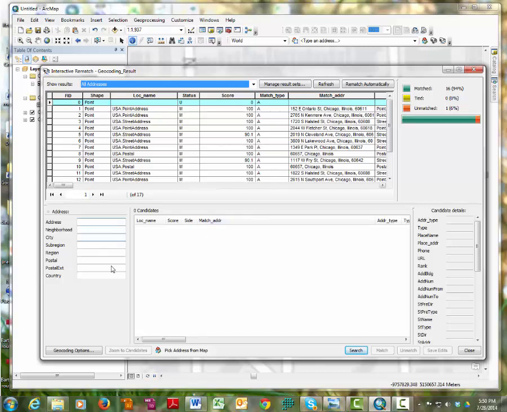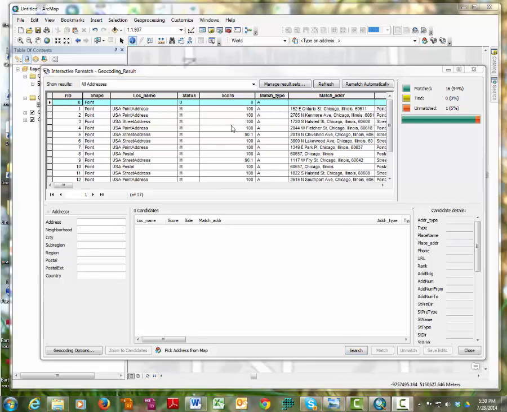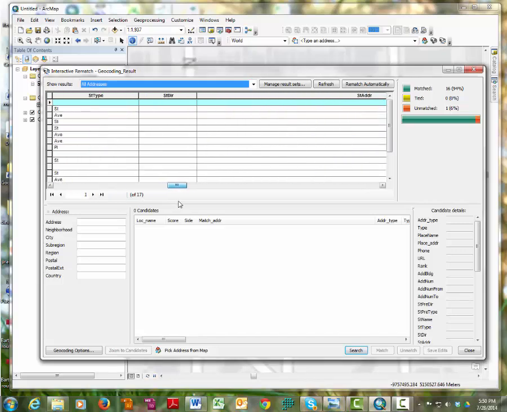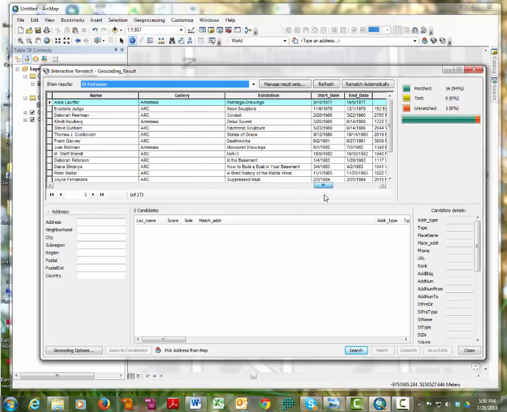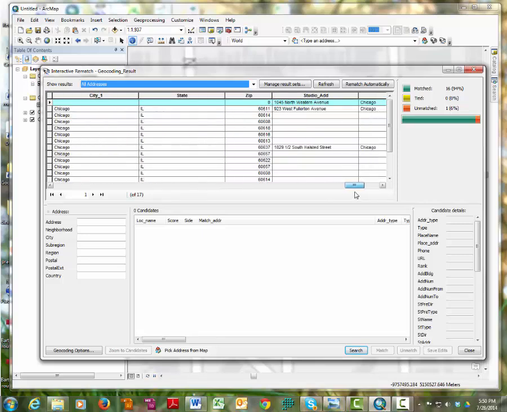And I can come down here, and what I have is a dialog box. In here, I can put in interactively an address and have it see if it can find suitable matches. Now, what I'll do is come over here one more time to the original address, in this case not the home address, but the studio address right here. I am going to double click it and then right click and copy that value out of there. Now I can come over here and paste it into my box, and I still don't have any candidates. But if I now type in, let's say, Chicago,